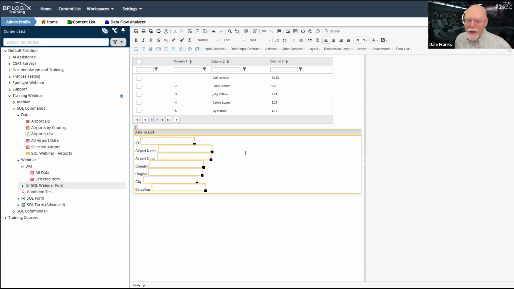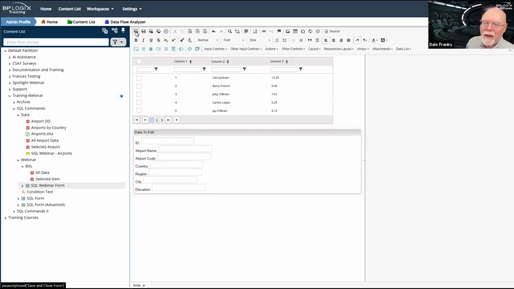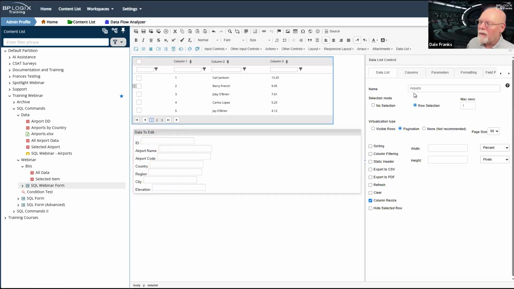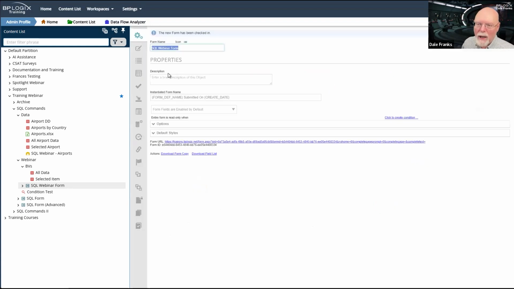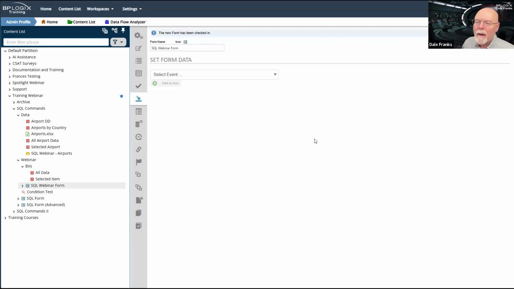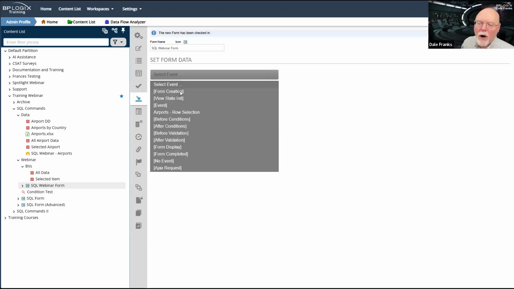So now we can fill them all out with a set form data action that runs off of the airport's event. So we will save and close our form. And when we get back to the form definition, we will then go to the set form data tab. And our event is our data list.